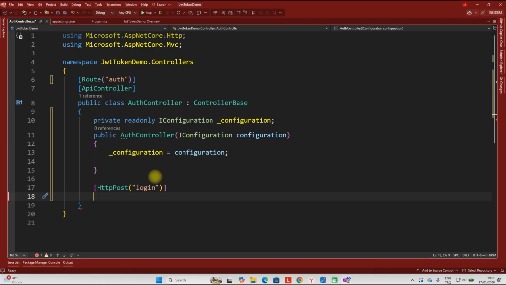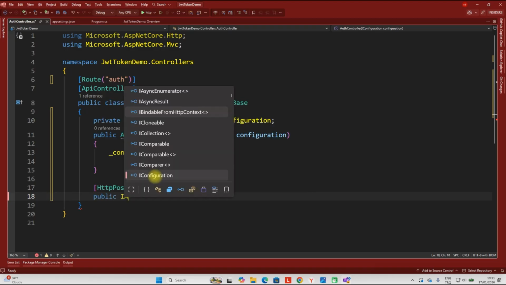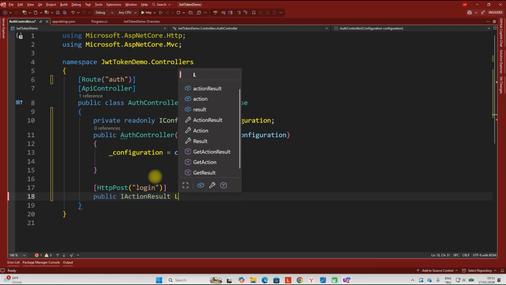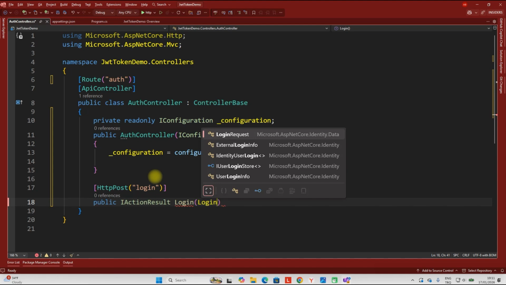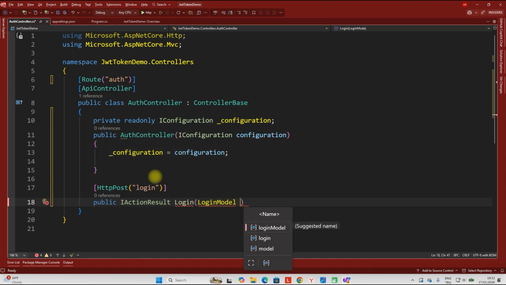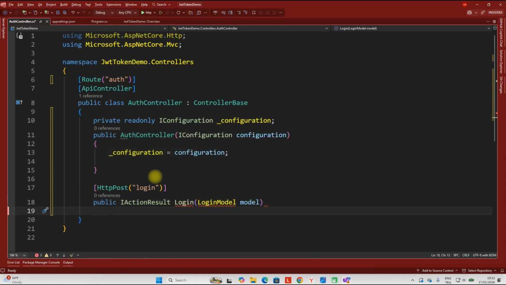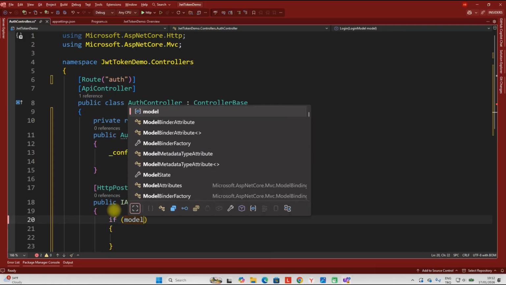and public action or login method, it's gonna be, and we give the model here we use. This is for username and password. If username and password correct, it's gonna return token. If model username,